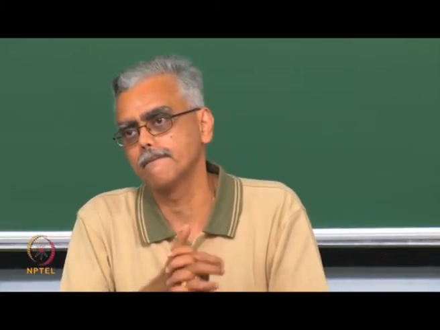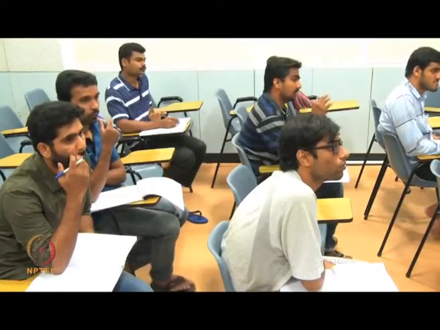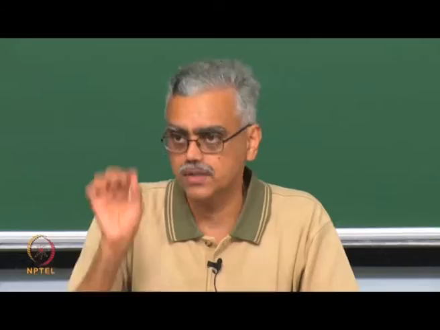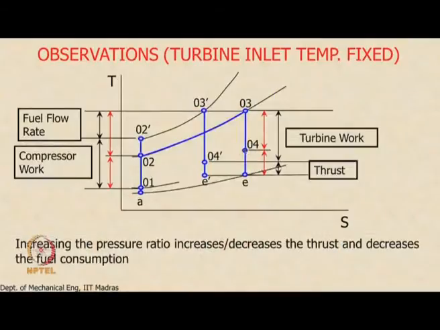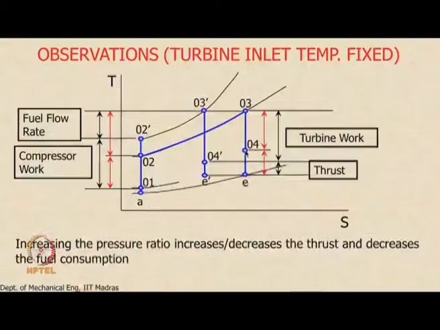Is the pressure at T04 and T04 dash the same, or which one? No, they need not be the same. That is what I am saying. We cannot say, because state point 04 prime and state point 04 are such that the amount of work produced by the turbine is equal to the amount of work required by the compressor. That is what determines the exit state. When we do a numerical example later on, you will see that. So we get the exit state by equating the work from the turbine to the compressor.